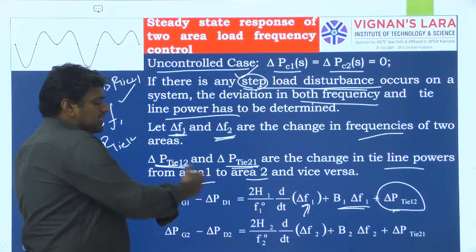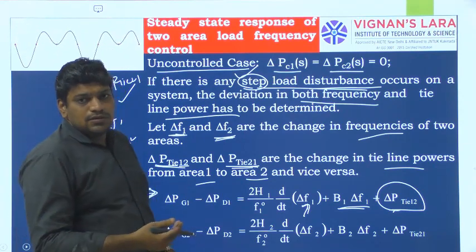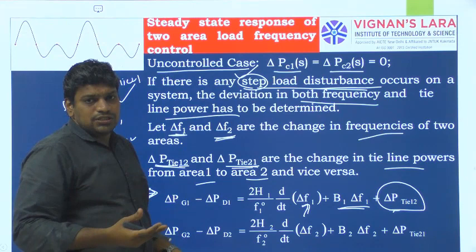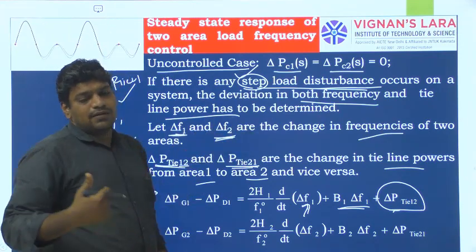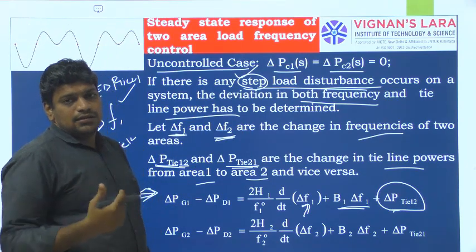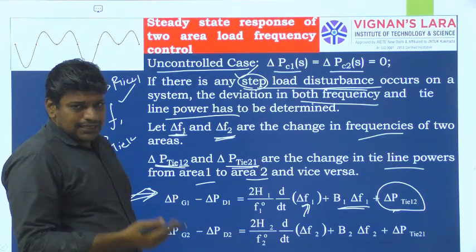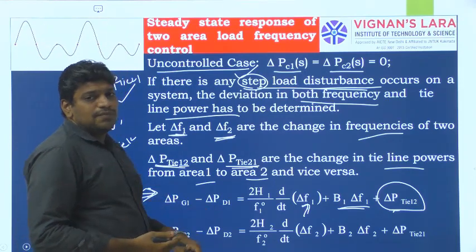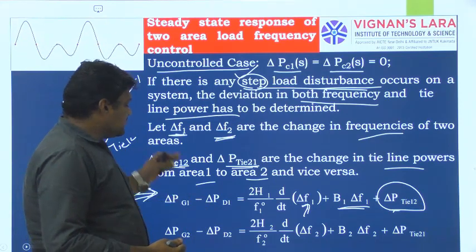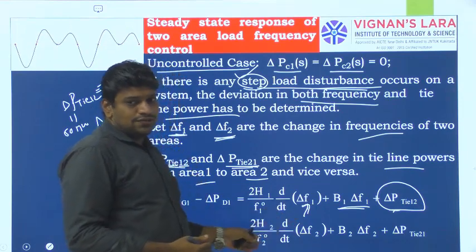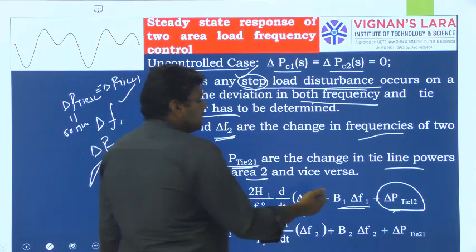This is the power balance expression. Whenever a disturbance, meaning a change in load, occurs in the system, we need to meet it from the speed governing set by increasing or decreasing the generation. So at the initial swing, there will be a surplus amount of power, delta Pg1 minus delta Pd1. This will be contributed to three components: one is the rate of change of kinetic energy, the second one is the change in motor loads with respect to the change in frequency, and the third one is the